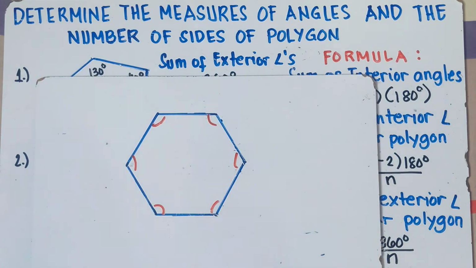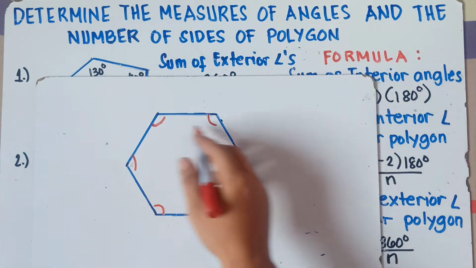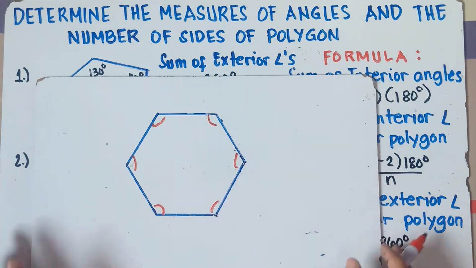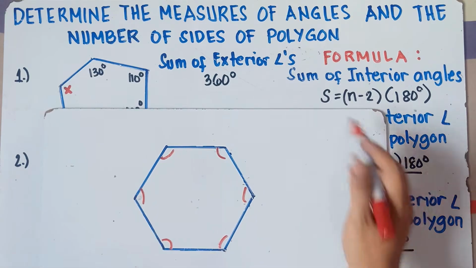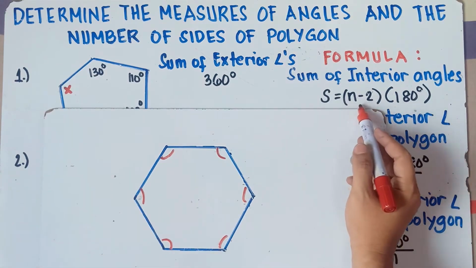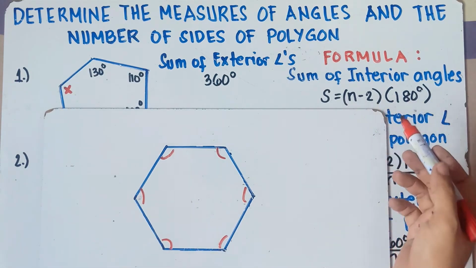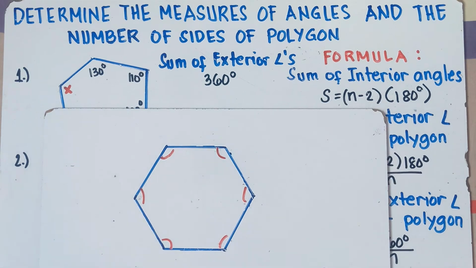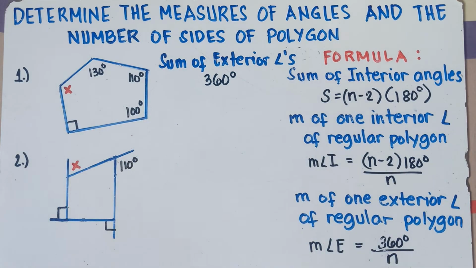For any kind of polygon, whether regular, irregular, pentagon, octagon, decagon, or any other, if the teacher asks for the sum of the interior angles, you can simply use this formula: quantity n minus 2 times 180 degrees. Do not worry, class, because we will have plenty of examples for you to really understand this. So that's the use of the first formula.